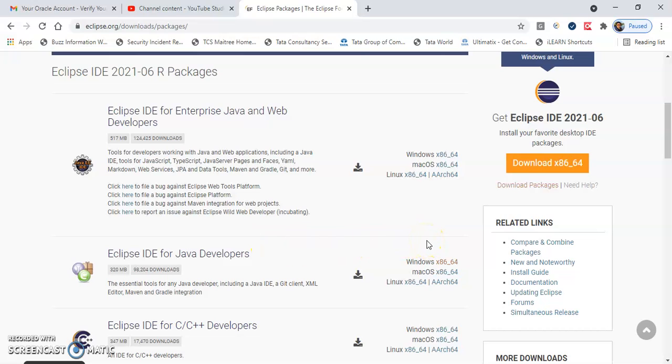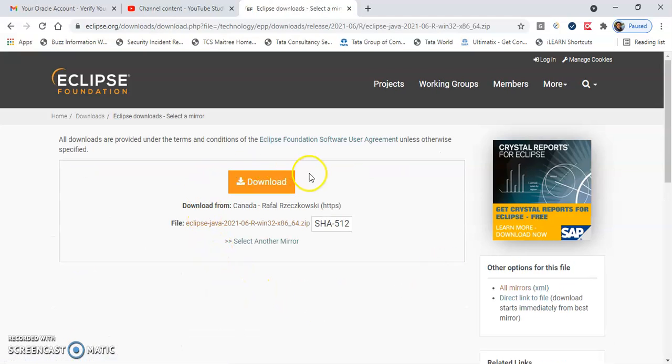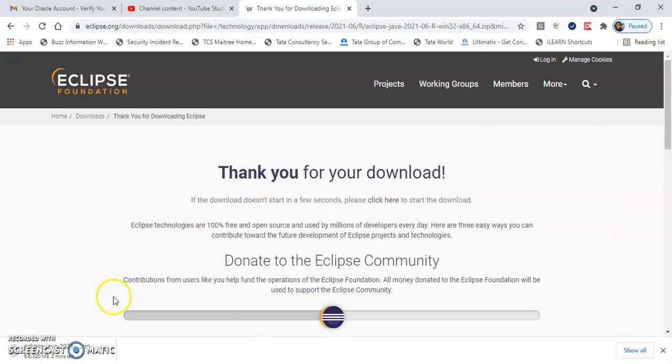And as we have a 64-bit operating system and x86 processor, we need to download this. Okay. So just click here. You will see this download link. So just click this download link. After this, your Eclipse will get downloaded. If you see, the size is 320 MB and it will take some time to get downloaded. So I have already downloaded this, so I will cancel this process.